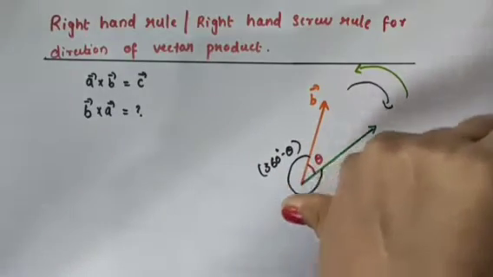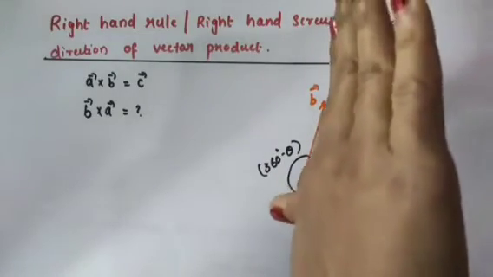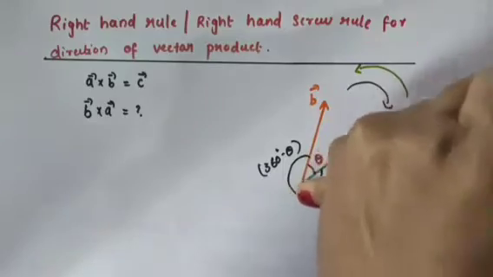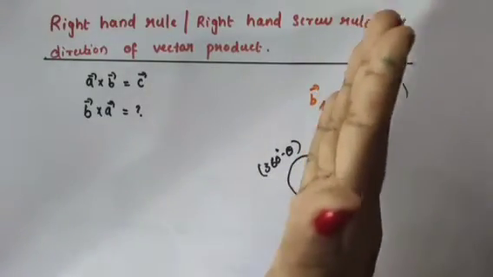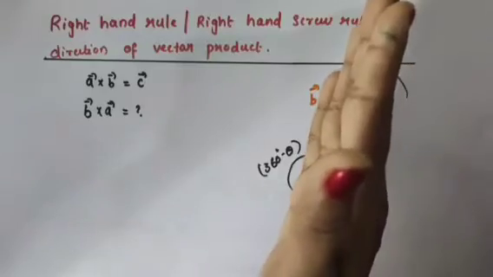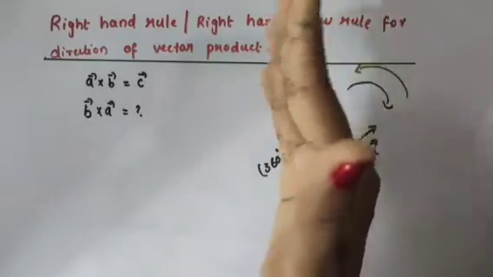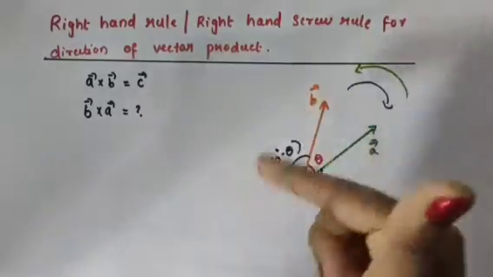And then you can see my thumb is showing inwards to the paper. Before it was outwards to the paper, now it is showing inwards to the paper. When I place my hand like this, I cannot move like this because 360 minus